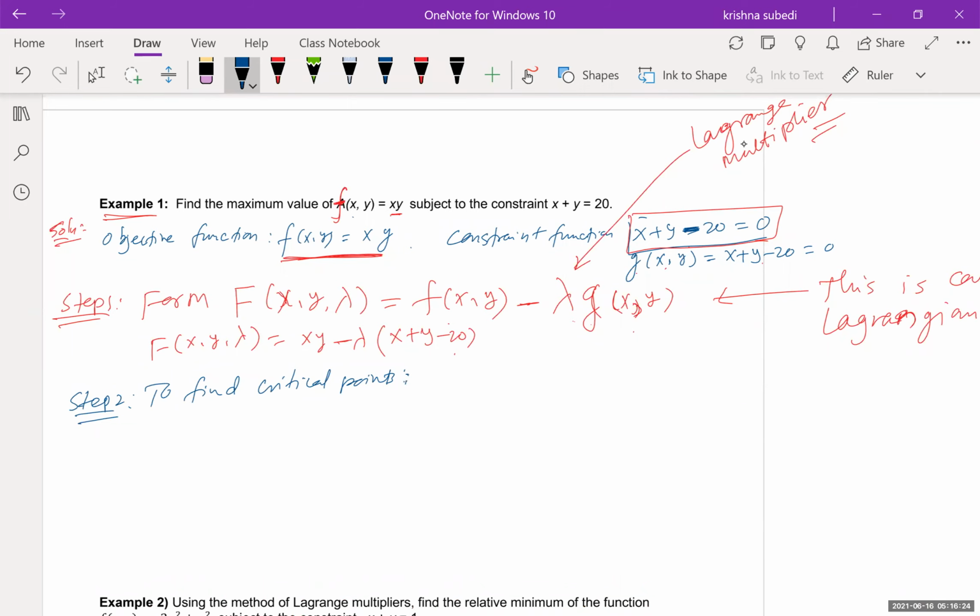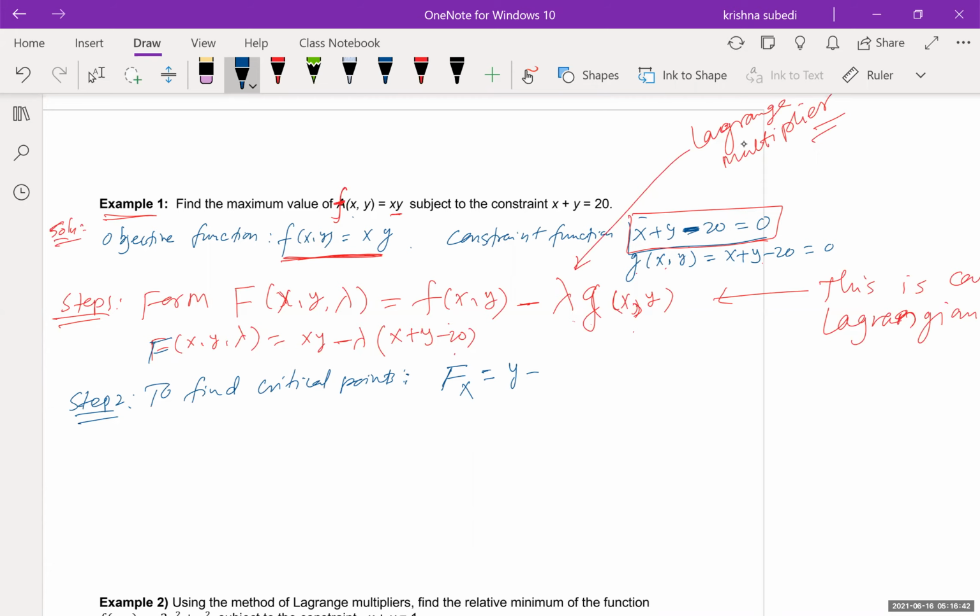All you need to do is find the partial of the capital F, remember, I'm talking about the capital F here, with respect to x. Calculate that,